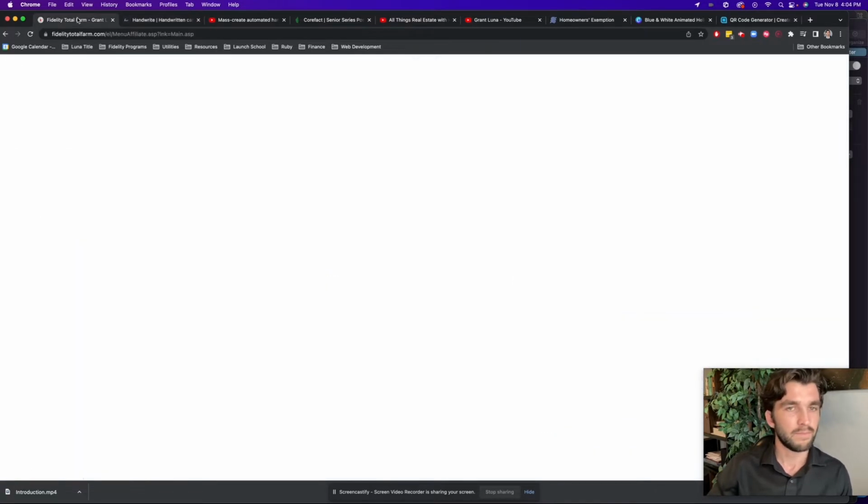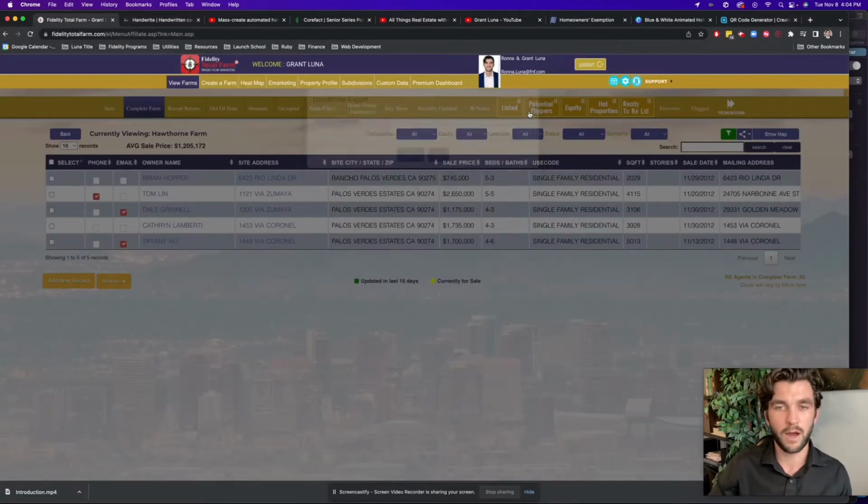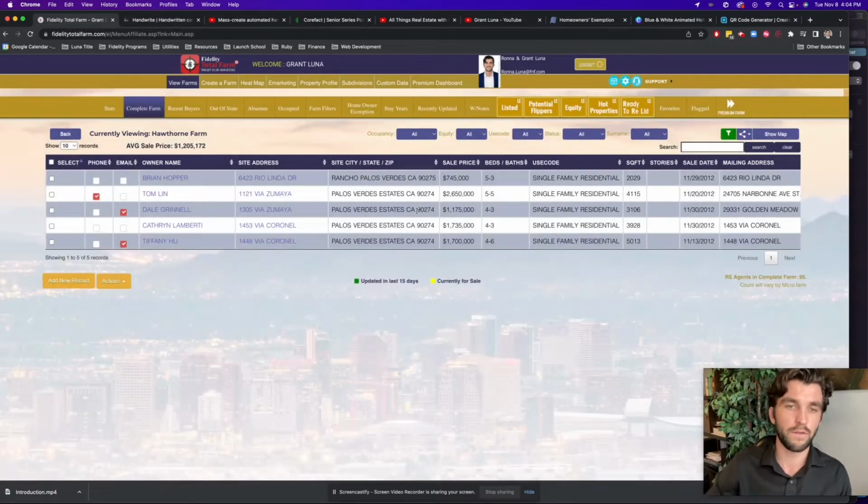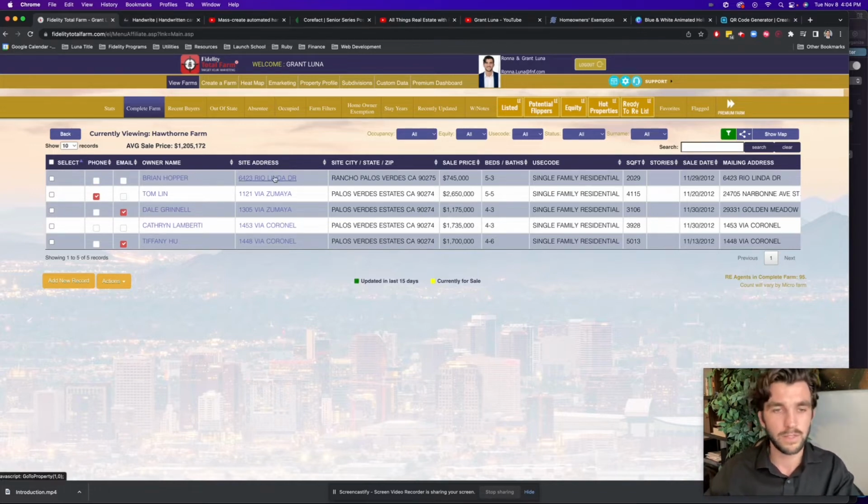And ultimately, let's say you're just looking for an automatic once a month thing you're going to do to your farm area. Once you've done this a couple of times, this process might take you 10 minutes to go from getting the data, throwing it into handwrite.io, launching the card. You're good to go. Now you have, in this case, 5 pieces going out this month, and you can get their contacts from a website like